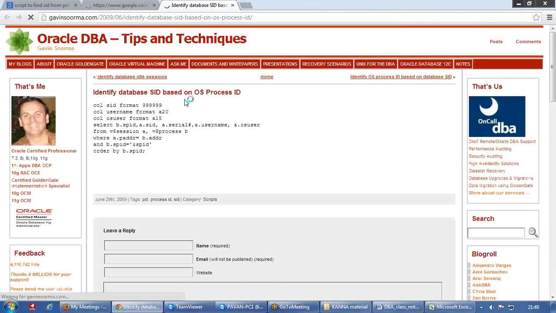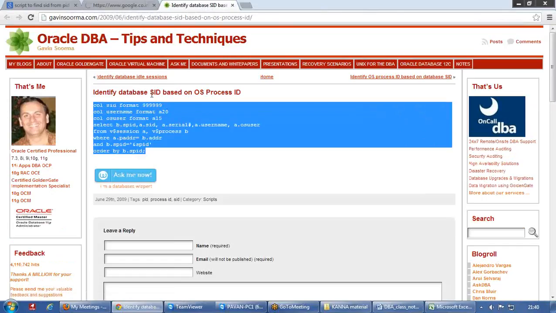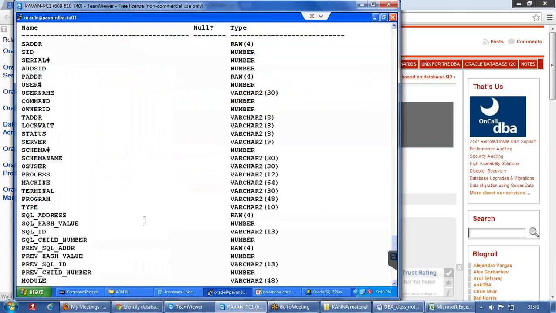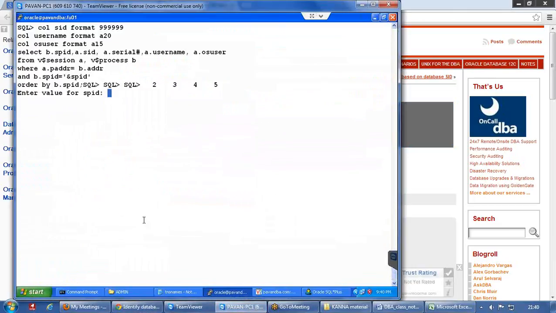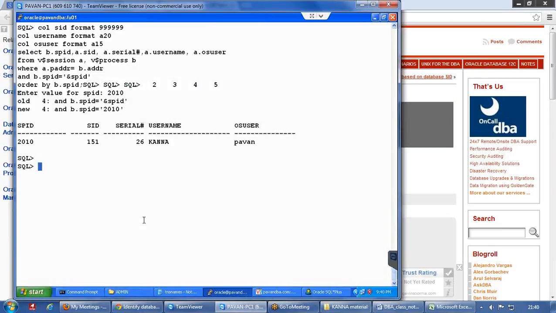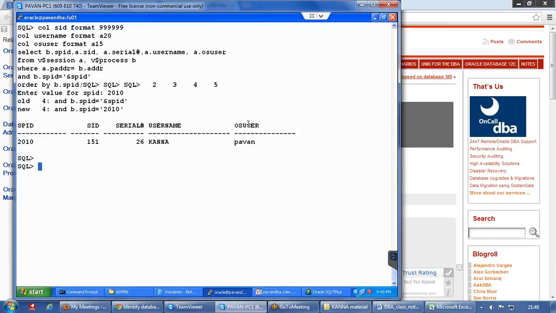We have the script on Google and in my blog also. This is to identify the SID based on the OS process ID. Now we know the OS process ID is 2010. So when I execute the script, it will ask you for the SPID, that is 2010. Based on that, you can see my SID is 151, the serial number is something, the username is Kanna, and the OS user is Pawan. Now with this SID, I can find the information from V$SESSION.